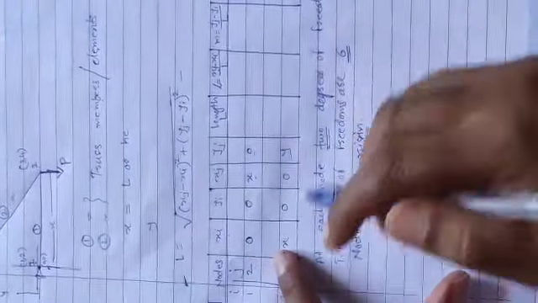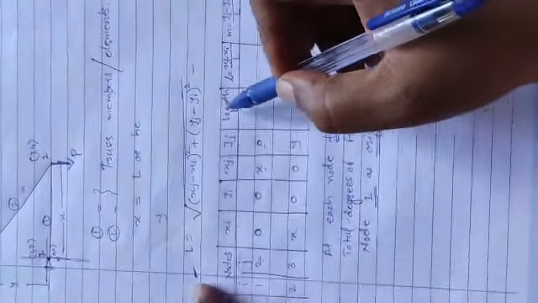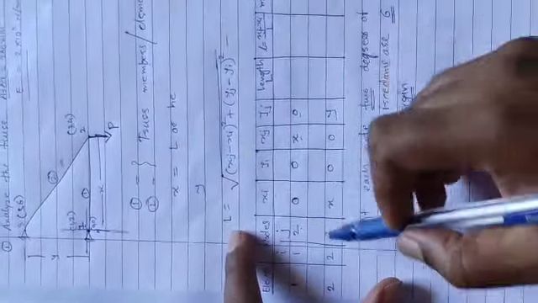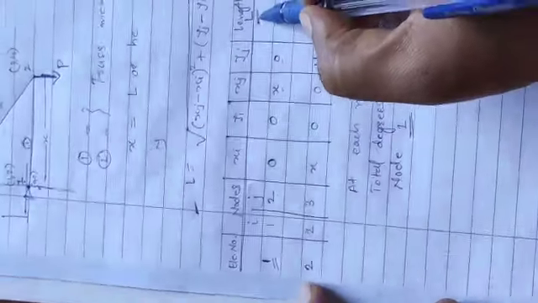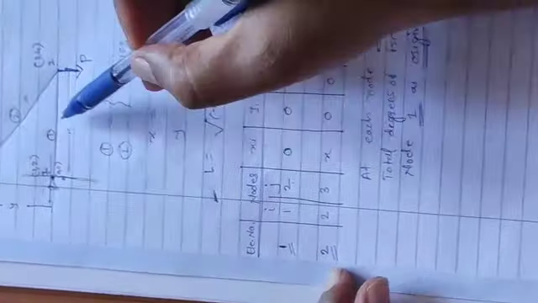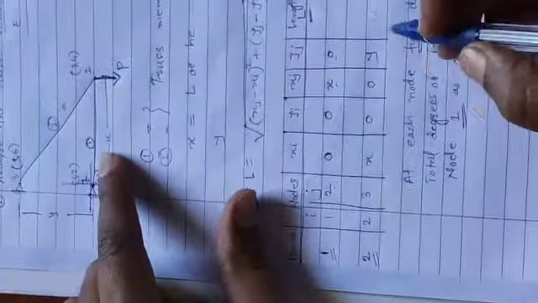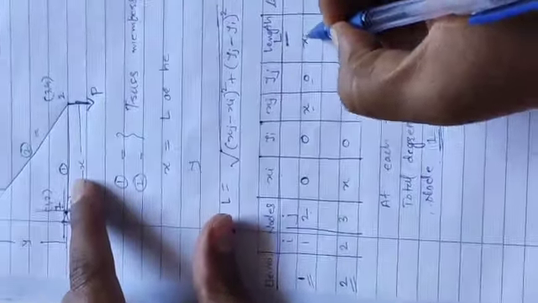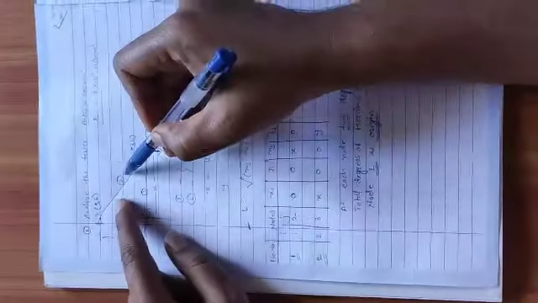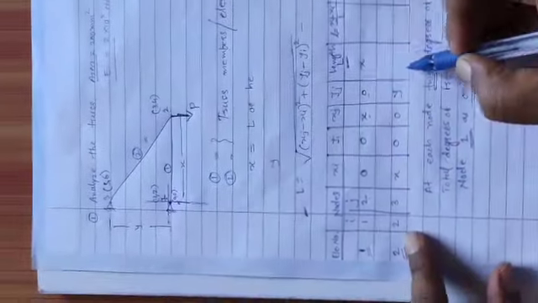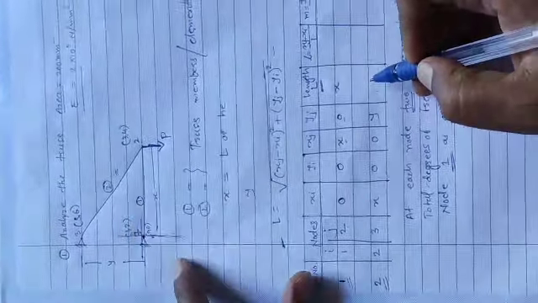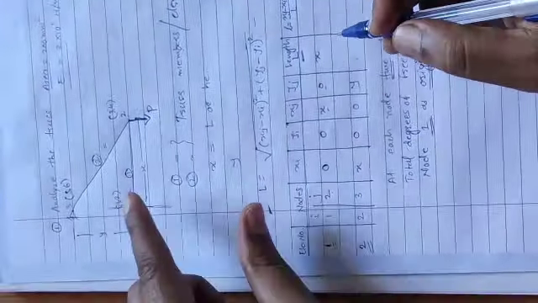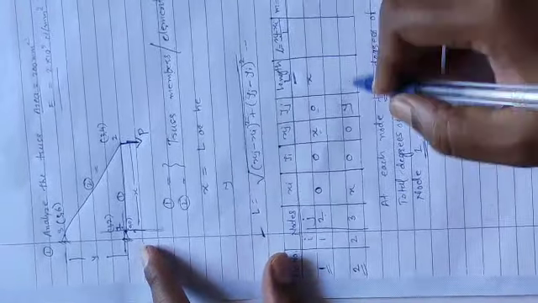Okay. Then next, calculation of length. Length of what? Length of first member, length of second member, or we say element. Length of first element is given, that is x, and length of second member is not given. So we will calculate this length by Pythagoras, and we can write whatever the value, or directly we will write here